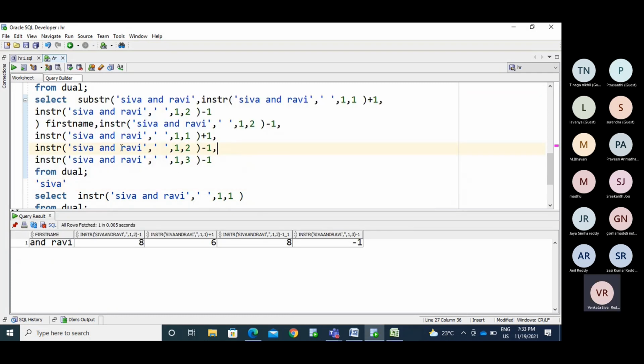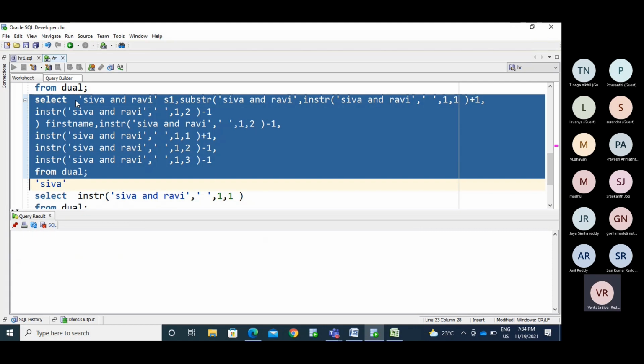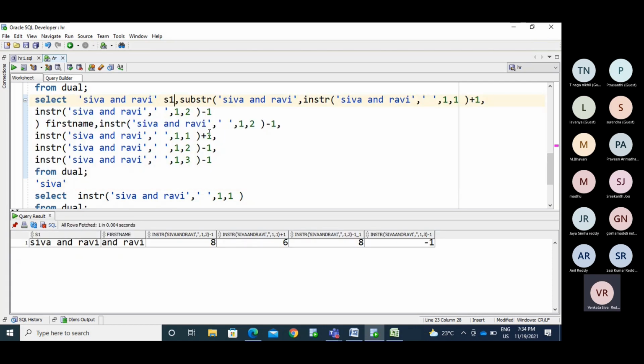So, this is your string. I make it S1. So now, see here. So position is in which place? 1, 1. This is the first position, right?